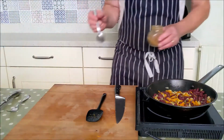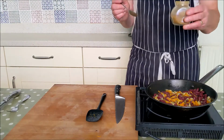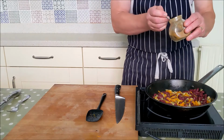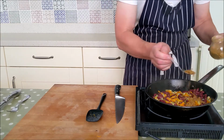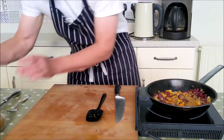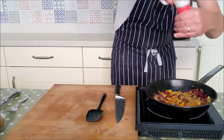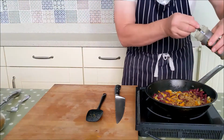What we're going to do is add some flavour now, and a really good spice to have in your cupboard is cumin. So I'm going to add a generous teaspoon of cumin to this. I'm going to add a little salt, a little pepper,